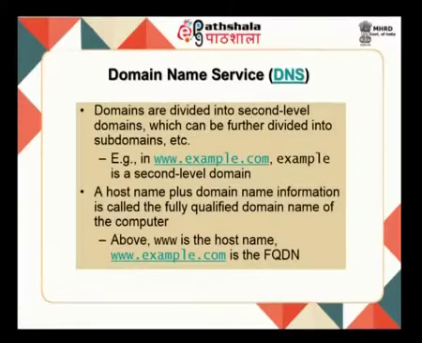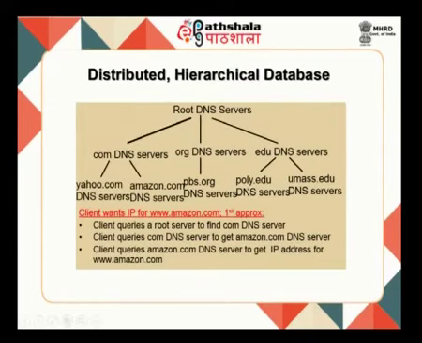These domains are divided into second level domains and they are further divided into subdomains, etc. And now, who is going to maintain these domain names? As I told you, these are all maintained in a server called a DNS server. Initially this DNS server was maintained by the US and it was called the Network Information Center. They had the total files of the domain names along with their IP addresses. But as the internet grows and the number of systems connected to the internet grows, the DNS cannot be a single server which maintains the domain names along with the IP addresses for all the systems that are connected in the internet.